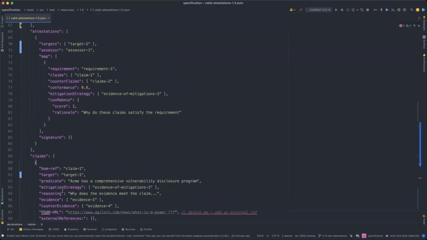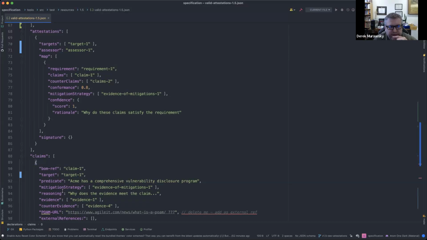That goes back to my group question. I think there are ways that you can create grouping mechanisms so you don't have to have pluralities of things. I think that was the goal, honestly, with the attestation object and the attestations array that we've got: to provide some of that grouping and literally map a requirement from a standard as met by these claims, with these mitigation strategies or these counterclaims. That's the way that we were, I think, representing a lot of that for a target set.